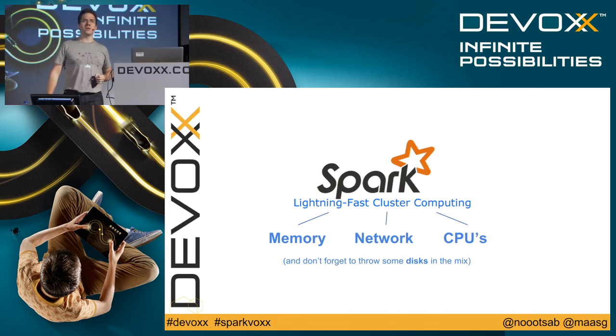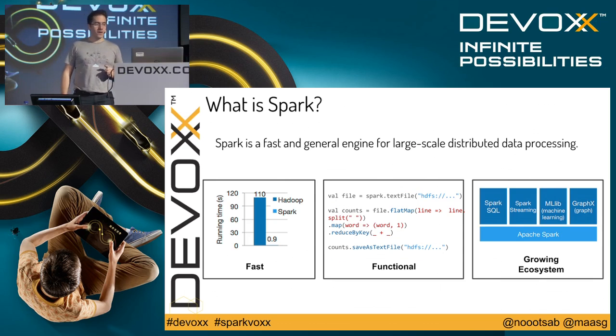I said it's a parallel framework, so you'll need a cluster to put your data on that will be doing the crunching for you. And you will, of course, need disks, because the amount of memory that you have will be only a fraction of the amount of data that you would like to process. As I mentioned, it's a general engine, so it's not only meant to do data processing, but it's very well suited to do data processing.